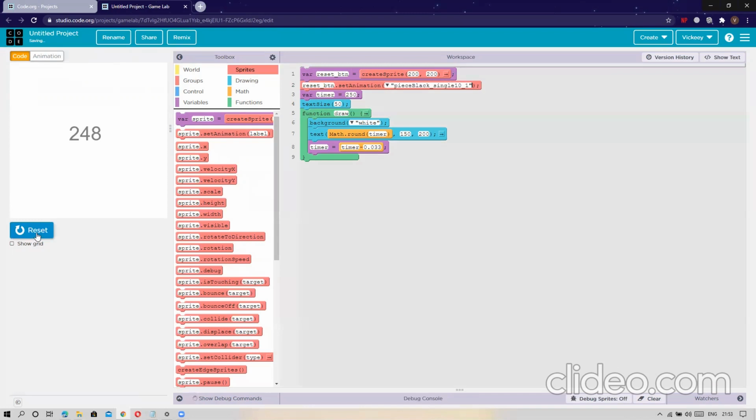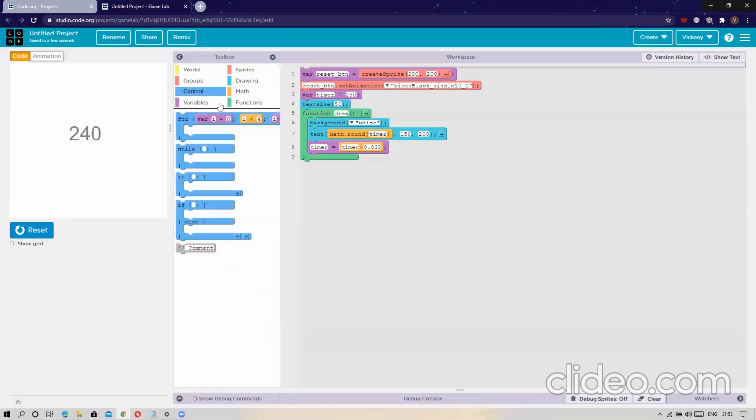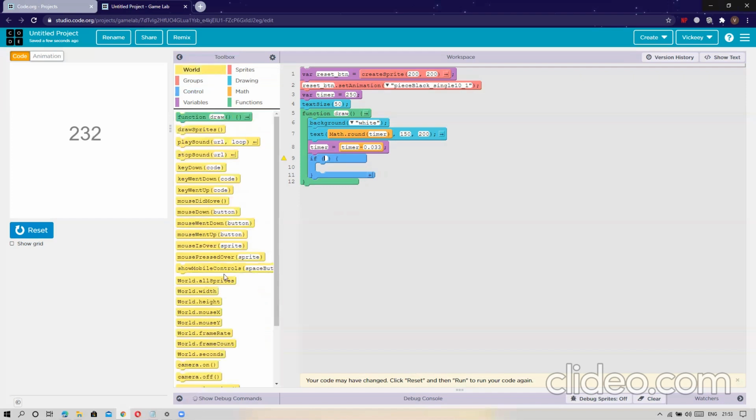Now we are going to put an if statement over here. We will go to control and put the if statement under the timer variable we have given. Now we will go to world and select mouse pressed over.